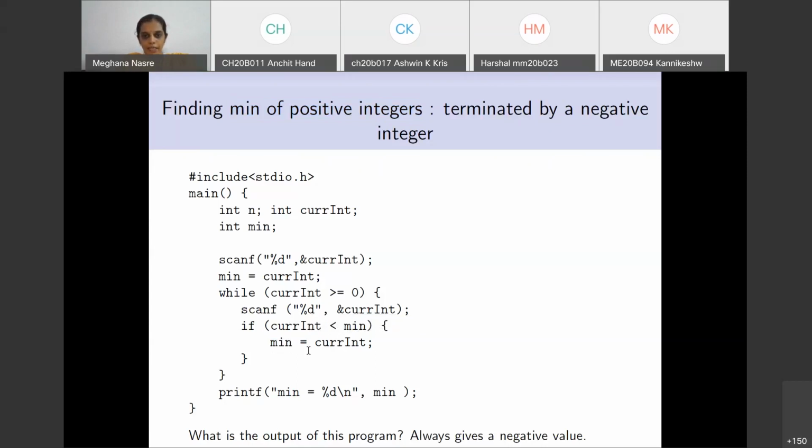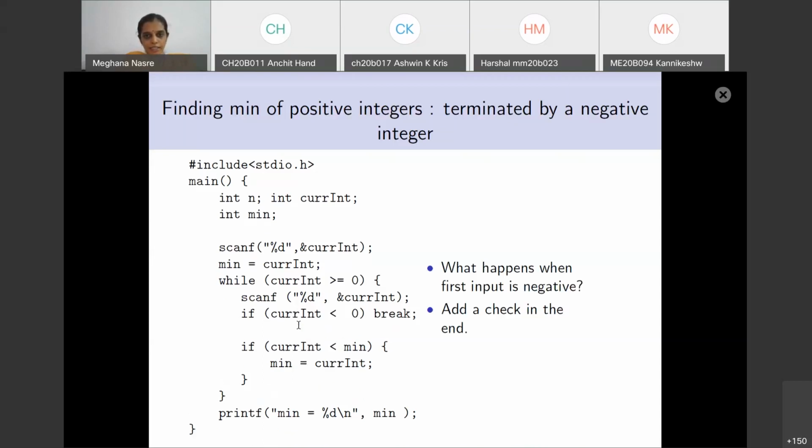So the desired behavior is not there, because whatever is the last integer, which by definition is a negative number, will be the minimum of all the integers that have been input. Therefore, that is the output, and you don't get the desired behavior. It is a very small and possibly fictitious kind of task, but it still helps us illustrate this.